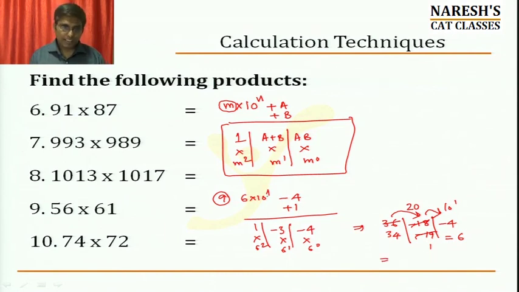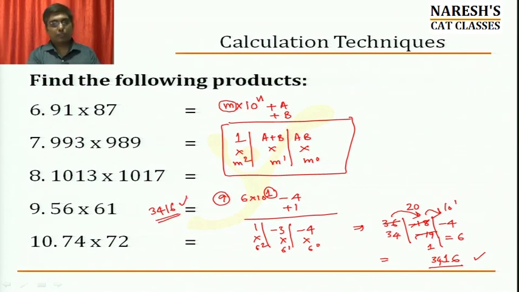The only thing that you need to understand is that n is very important. n will be the 10 power of n. n will become the number of digits. In this case, because it's 6 into 10 power of 1, the number of digits in each term has to be only 1. From the rightmost term, 6, only 1 digit. Second one, 1, only 1 digit. 34, 2 digits. Any extra digits will always be in the last term anyway. Hence the final answer for this is 3416. So 56 into 61 will be equal to 3416. Please make a note of this.